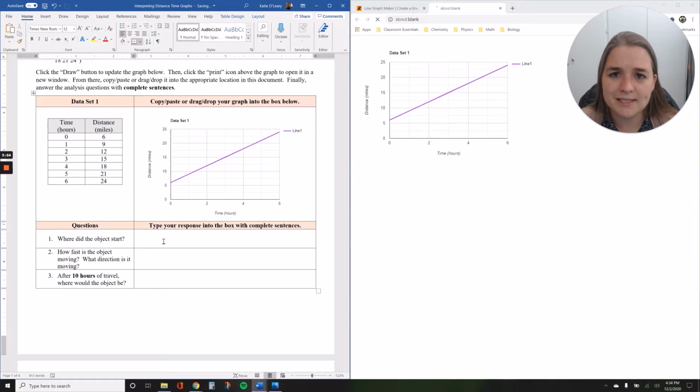That means I want to pay attention that I'm using a capital at the beginning and a period at the end, and I'm writing a complete thought. So where did the object start? I'm going to start my sentence before I even worry about the science. The object started,